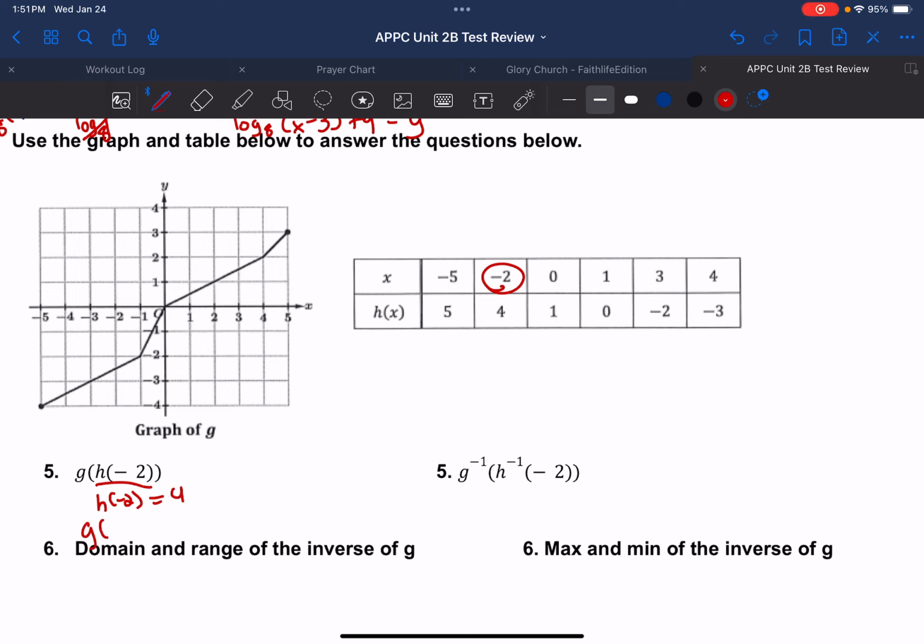And then when I do the whole thing, it's going to replace h of negative 2 with its value. So it wants me to do g of 4. G of 4 is right here, which is 2. And then for 5, I want to do